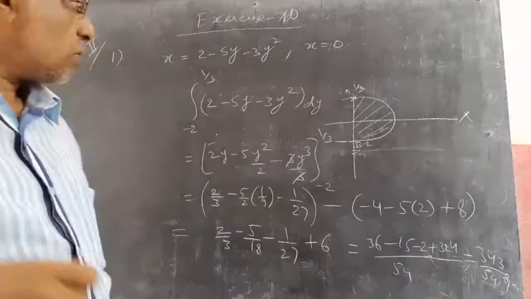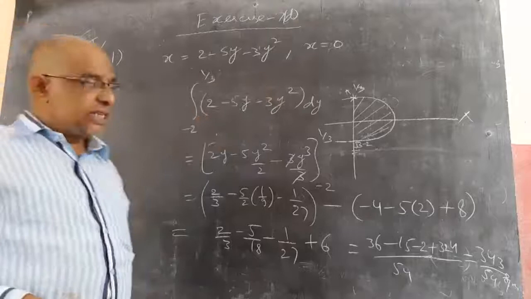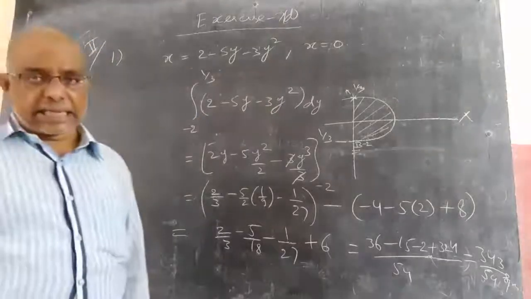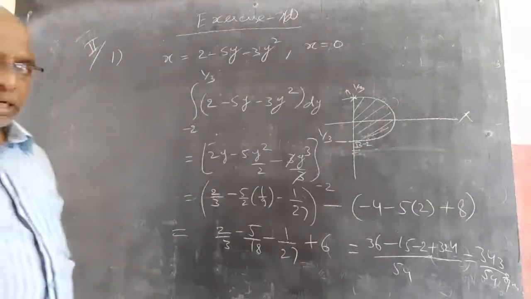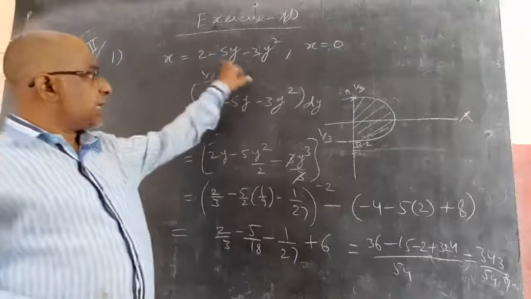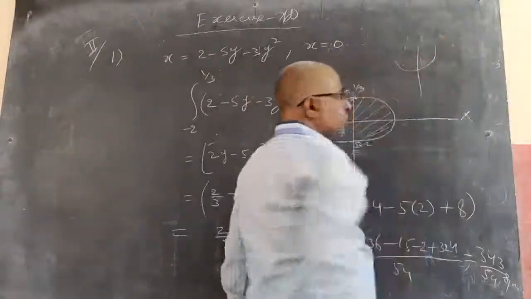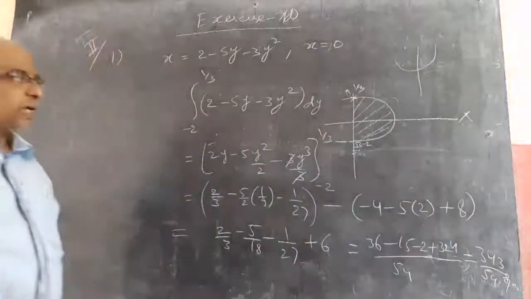So if it is a quadratic in x or y, it should be a parabola. If it is a quadratic in y, it is symmetric with the x-axis. If it is a quadratic in x, then it should be symmetric with respect to the y-axis, like this. So like that you can remember easily.